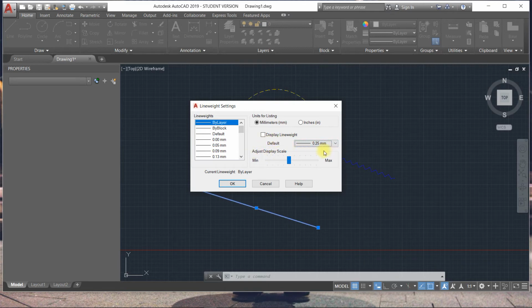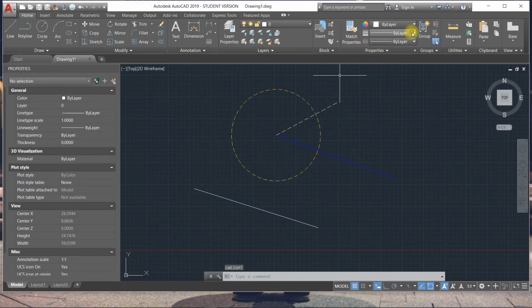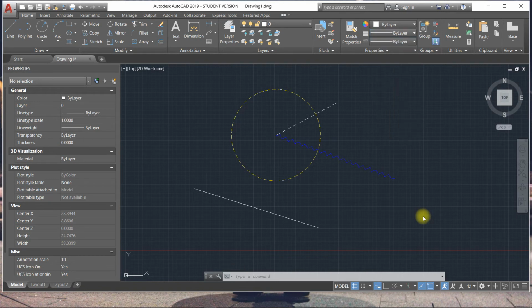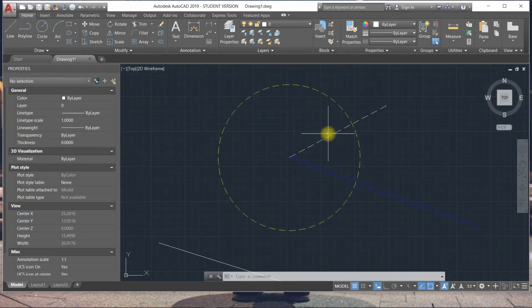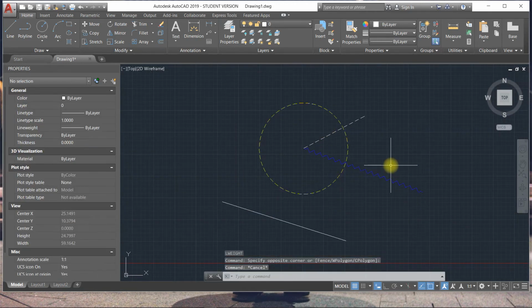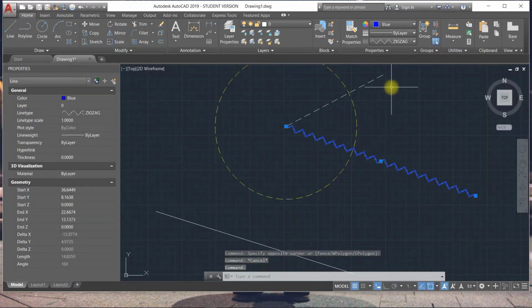So by default, the line width that we have is 0.25 millimeter, right? And the line width, you can have access to it here as well, right? Now let's take for instance that I want to increase the line width of this particular drawing. So I can highlight it and go to